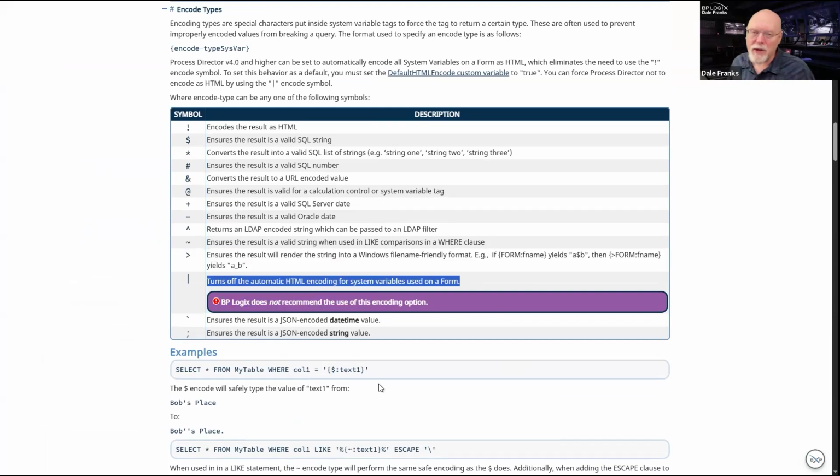One of the other things that we do in Process Director is we HTML encode all strings that get passed back to the system. And once again, we're doing this to avoid certain malicious links that people might enter. You really want to sort of denature those kinds of hyperlinks.